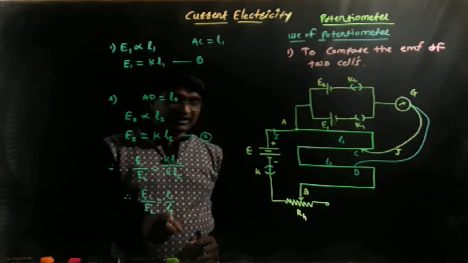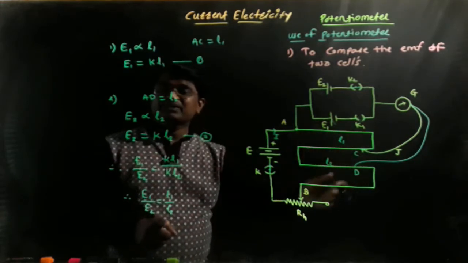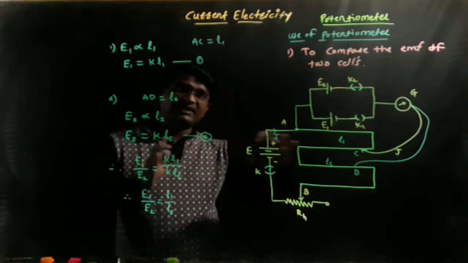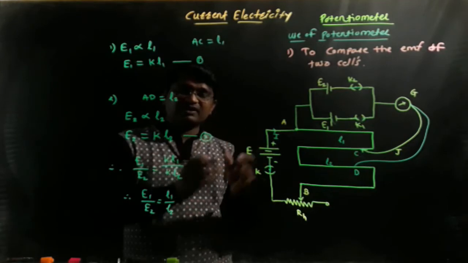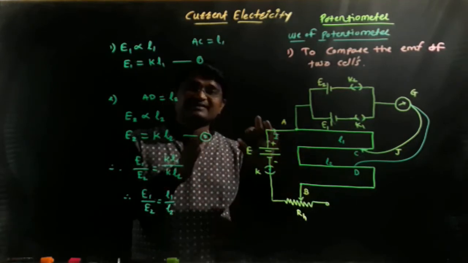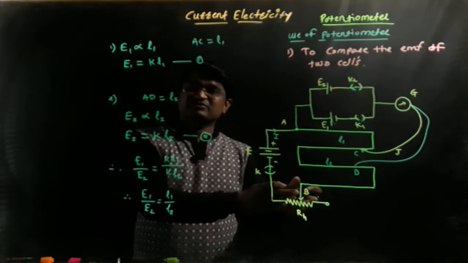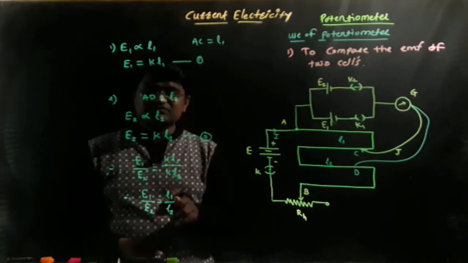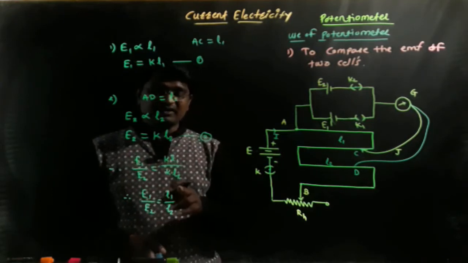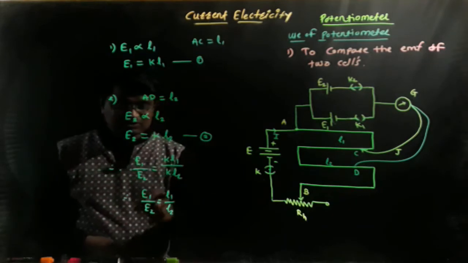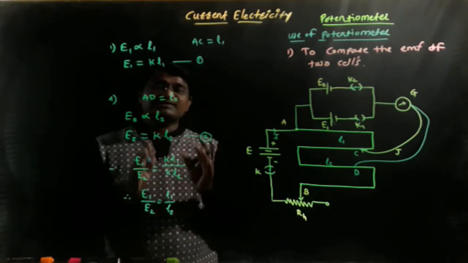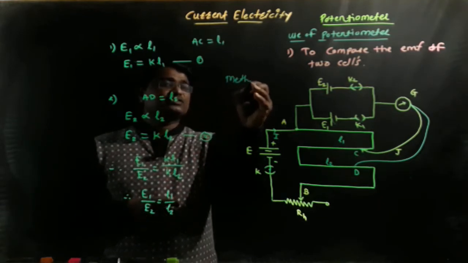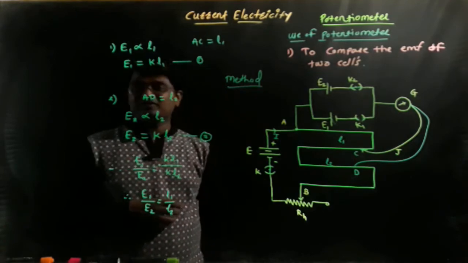We know that L1 and L2 are measured through the meter scale. Due to the principle we have discussed, the potentiometer wire AB is divided into a number of segments and fixed on a rectangular wooden board, and the meter scale is arranged exactly parallel to the same wire AB. So using this meter scale, we can easily measure the lengths L1 and L2, and if we find L1 and L2, we can easily compare the two cells E1 and E2. This is the first important method to compare the EMF of two cells.